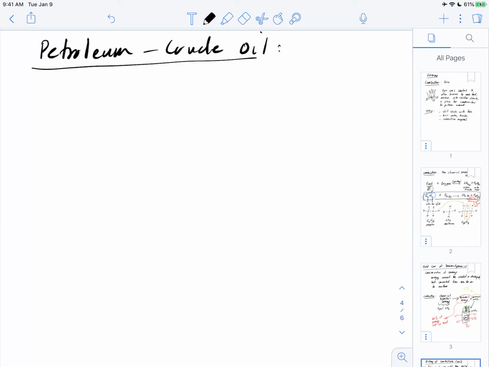And so we're going to go through an example of the refining process and see how from crude oil we can get all the different types of hydrocarbon fuels that we can utilize in different processes. This is kind of a misnomer. If you go to the UK, petrol is actually gasoline. I'm calling it the same thing. We'll refer to crude oil as the beginning.